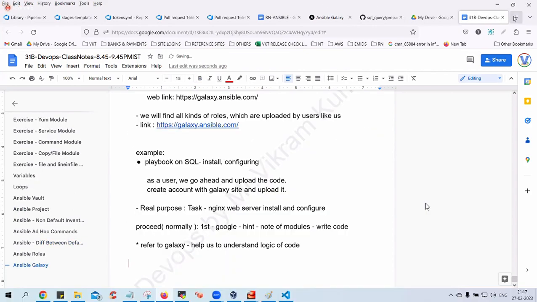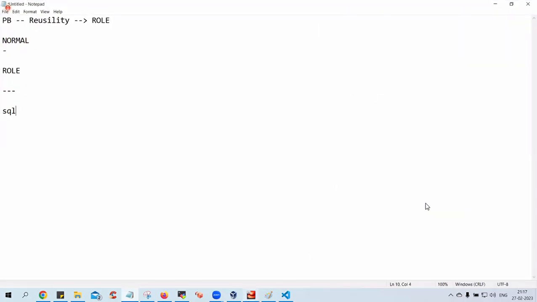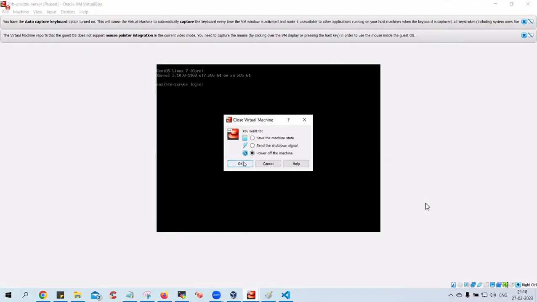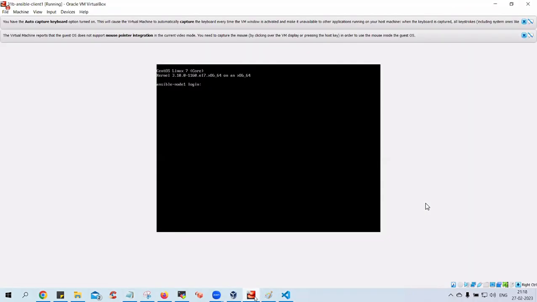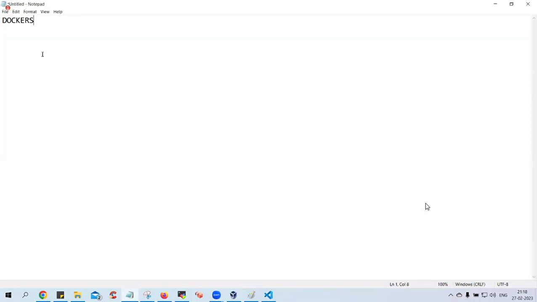Okay. Now coming to Docker, very important thing. So what is the story of Docker here? Any idea on what Docker is first of all? Any idea about Docker, guys? So if you want to claim that